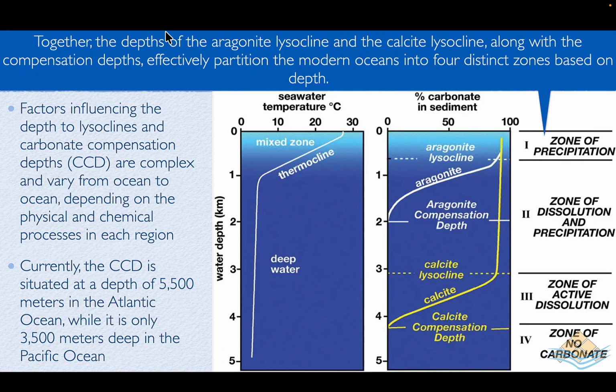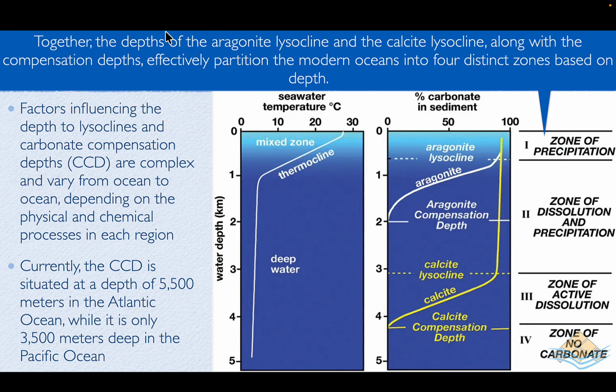So together, if we look at the depths of the aragonite lysocline and the calcite lysocline, along with their associated compensation depths, we effectively partition the modern ocean into 4 distinct zones based on their depth. There's a zone of precipitation where both aragonite and calcite are stable. Below that, zone 2 is a zone of dissolution and precipitation where we have aragonite dissolving and we have calcite